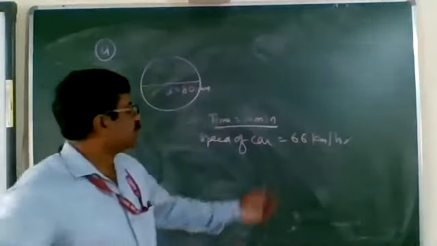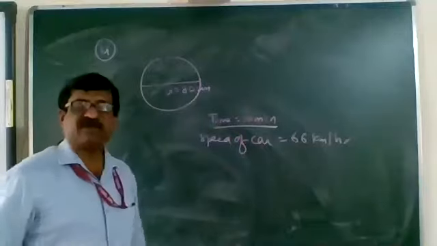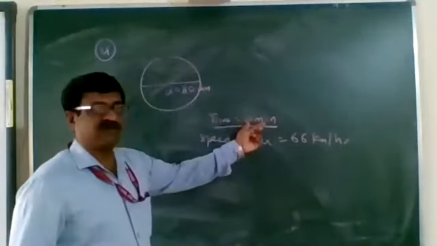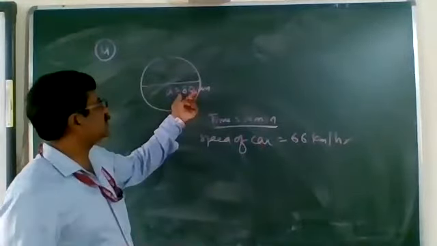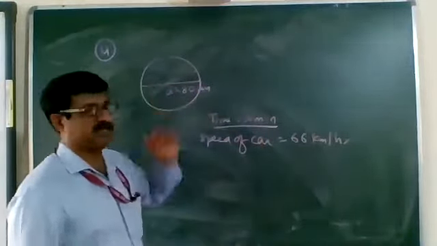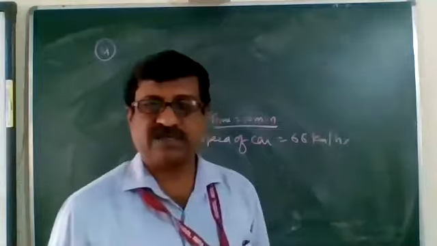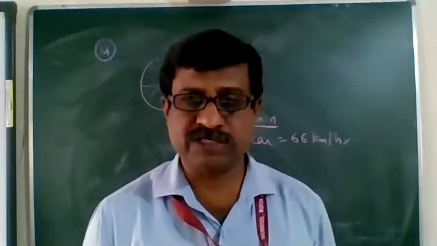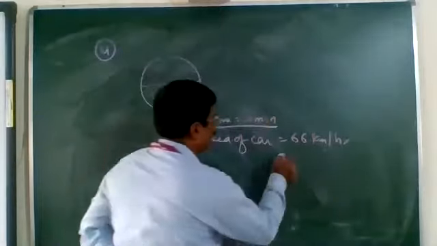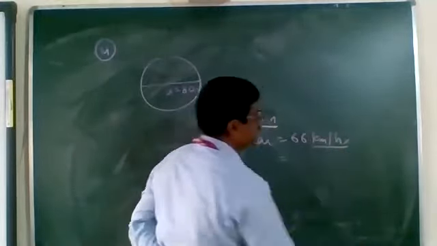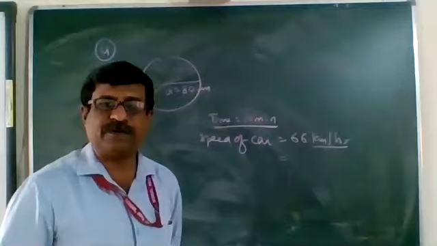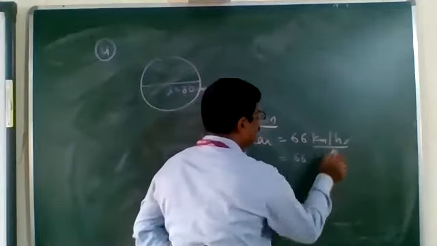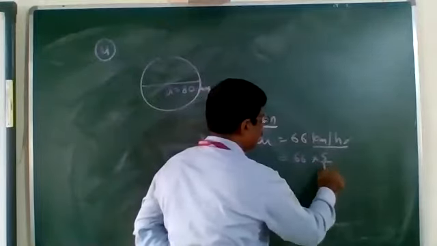Here the problem is, so many values are given and all have different units. It's given in kilometer per hour, it's given in minutes, this is given in centimeter. It is in kilometer, this is in centimeter. Therefore, we try to convert each of the values to the same unit. Suppose we have decided to change this kilometer per hour into meter per second. We know that to convert kilometer per hour into meter per second, we need to multiply by 5 by 18.